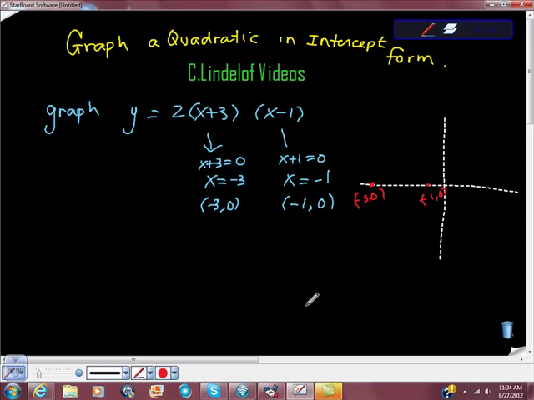We also know this is a minimum parabola because that 2 is positive, so we know that the parabola is going to have a shape like this. The question is, where is that minimum value here? And the way we find it is actually really easy. We just find the average distance between these 2 points. So we take negative 3 plus negative 1 divided by the 2 points is equal to negative 4 divided by 2, which is equal to